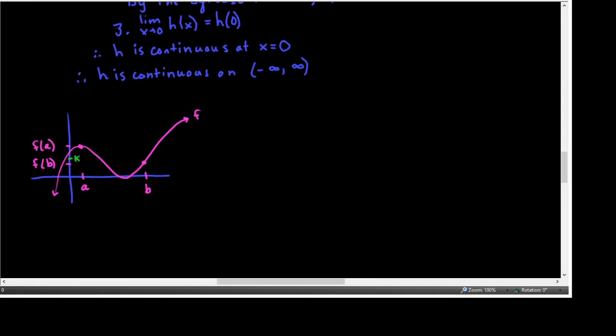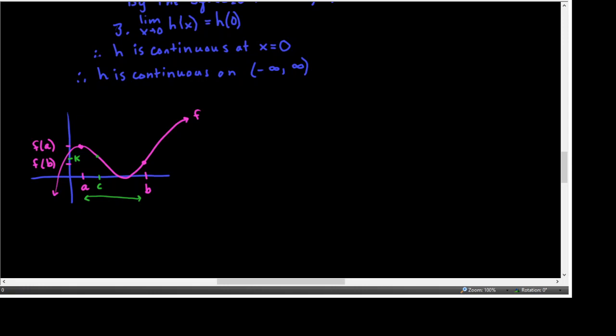Then there's at least one number on the interval from a to b, and that number is called c, such that, and there it is right there, f of c equals k. So somewhere between a and b, the existence of a number c that will produce k as a result of substituting c into the function, that c value has to exist somewhere between a and b